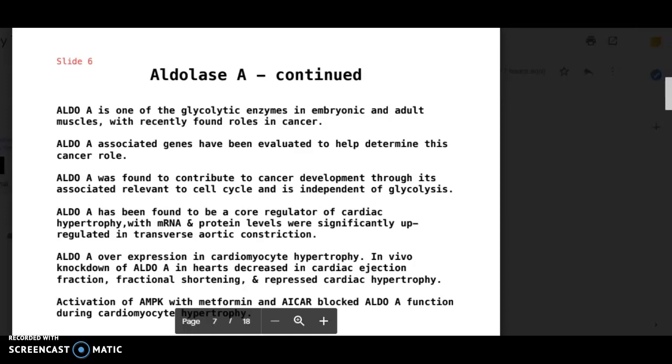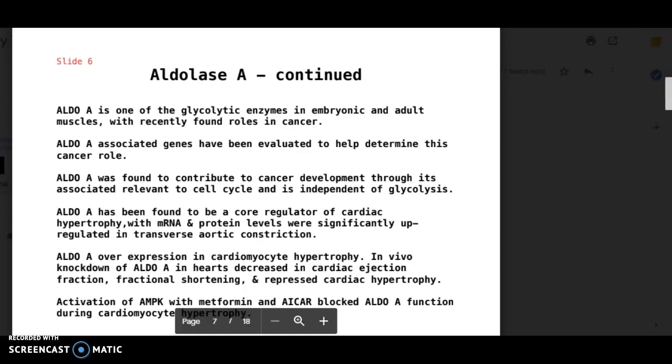Metabolic dysfunction is a hallmark of cardiac hypertrophy and heart failure. During cardiac failure, the metabolism of cardiomyocytes switches from fatty acid oxidation to glycolysis. However, the roles of these key metabolic enzymes in cardiac hypertrophy are not fully understood. In the present work, it was identified that aldolase A is a core regulator of